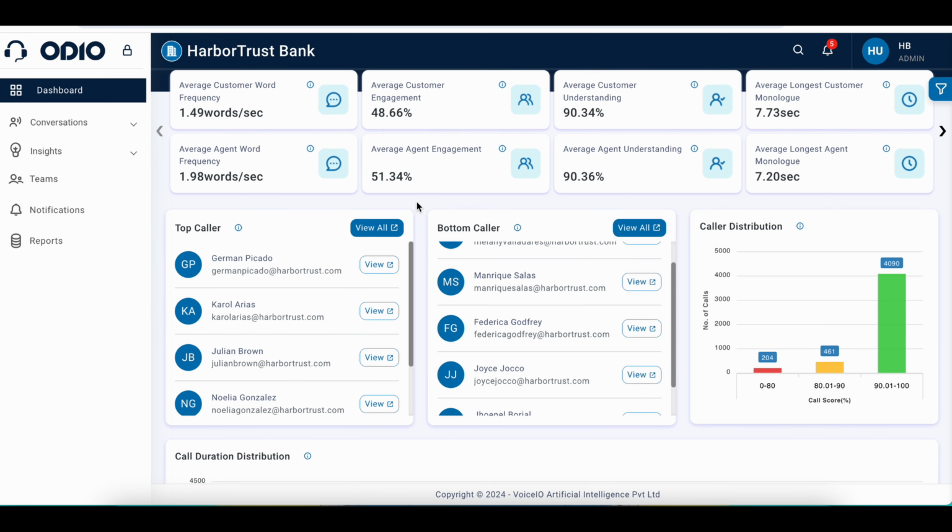Stats 2. This section represents comparison between customer and agent. These parameters represent the detailing of calls like word frequency of agent-customer, how much customer and agent were involved in the conversation, how much agent was able to understand the customer and vice versa, the longest dialogue spoken by agent and customer, how much time the customer spoke and agent spoke in calls, how many interruptions happened in the calls